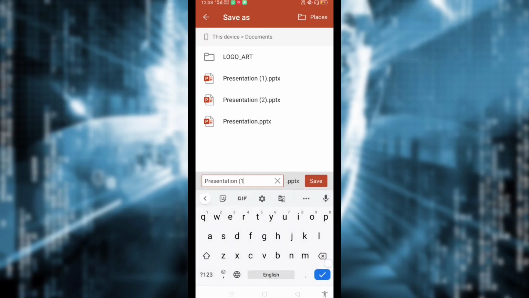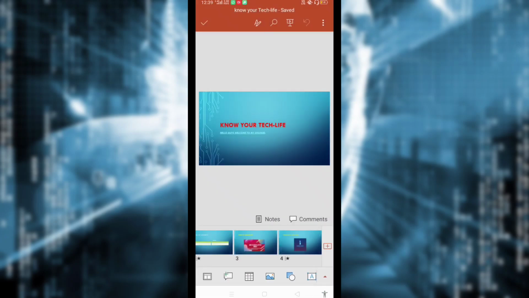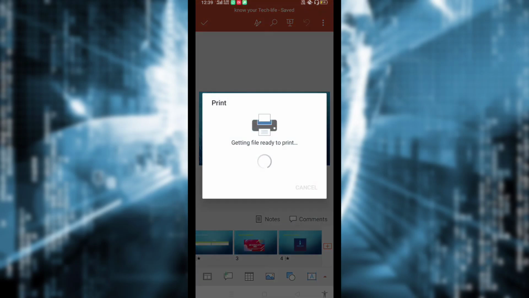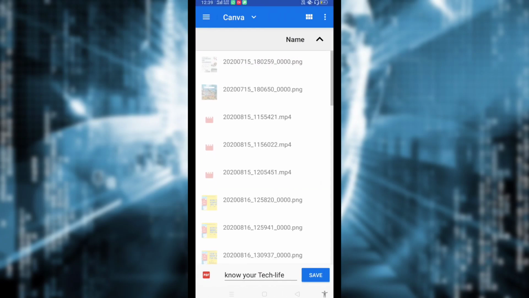And give a name for your file and save it. If you want to save this in PDF form, you can go to the print option there and save it as PDF. Save the file.